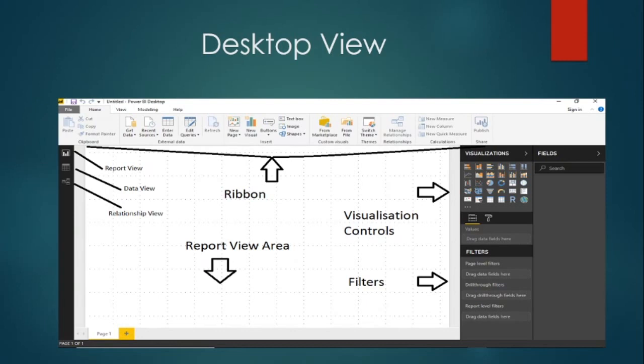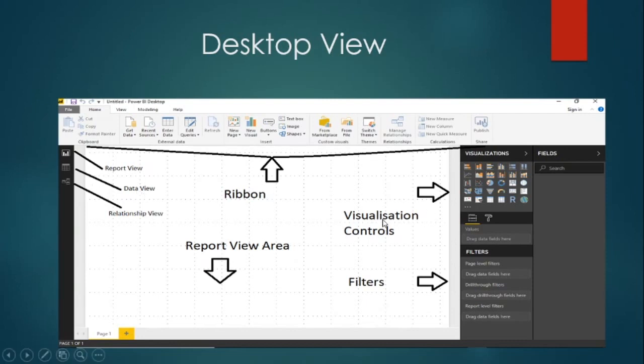In relationship view you can create relationships between tables so that your data will be reflected according to the filters. Suppose you have taken a slicer and you have 10 tables connected to each other. Once you take the slicer from any table, the data will be reflected according to the slicer.